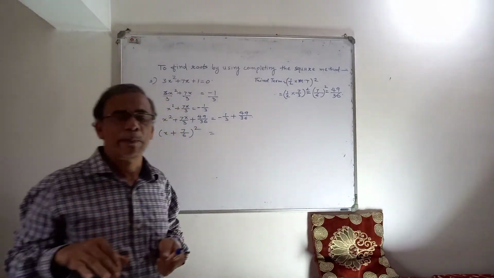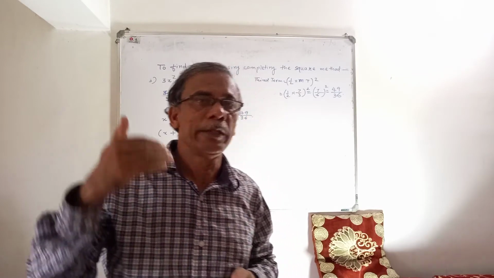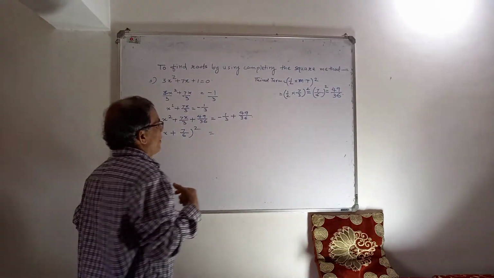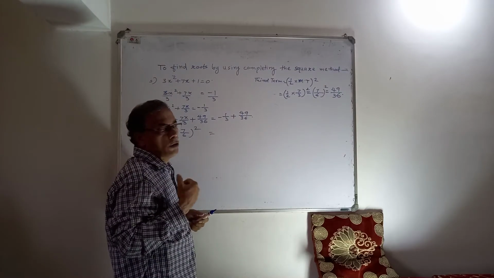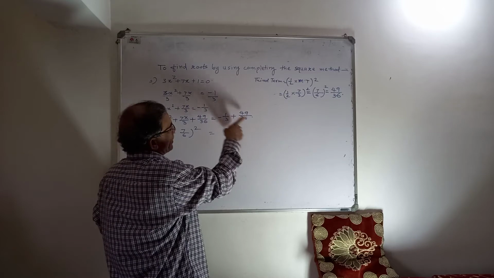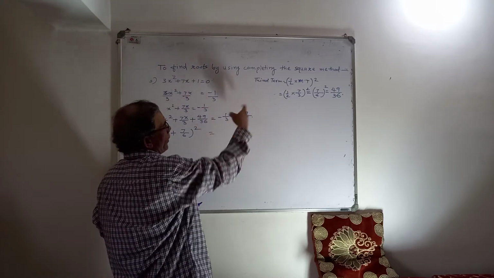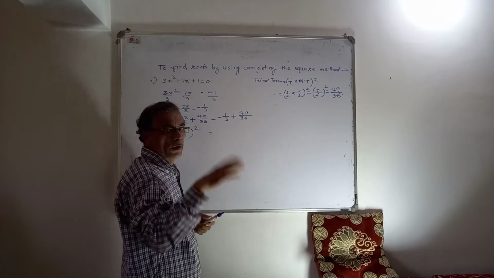Now, for the denominators, in addition and subtraction we can add or subtract only when the denominators are the same, isn't it? So that means we have to make the denominator the same. Now your simple procedure is to cross multiply. But here you don't cross multiply, because sometimes big numbers will get involved. Now see, 3 into 49. Suppose here 25 is there, 25 into 49. So a big number will come.